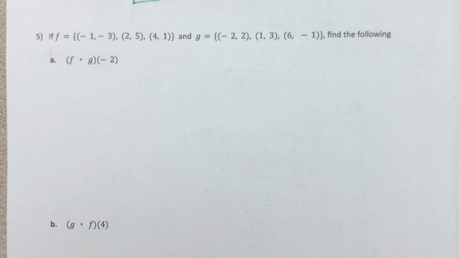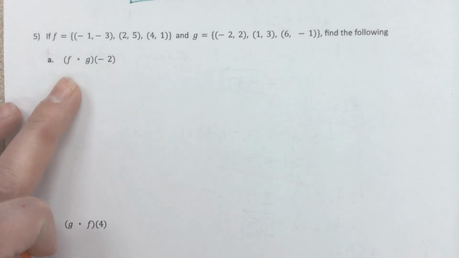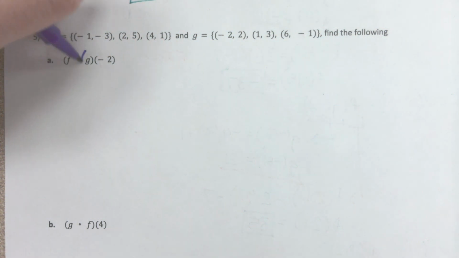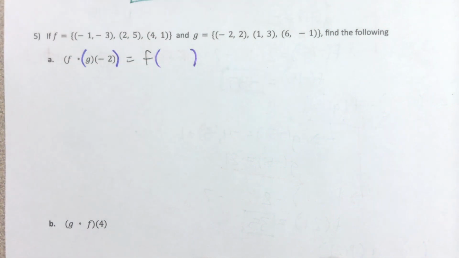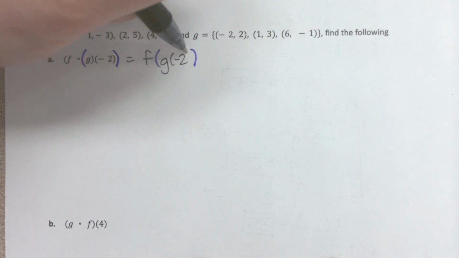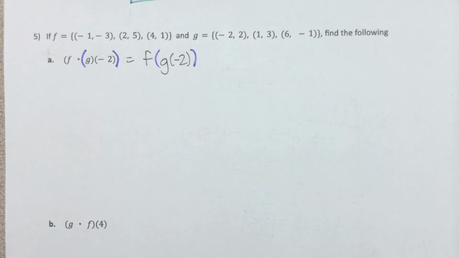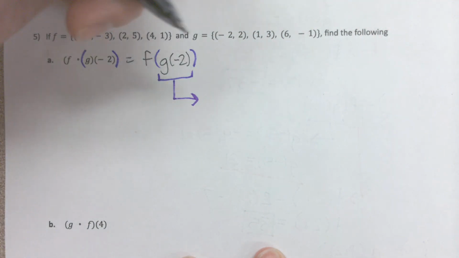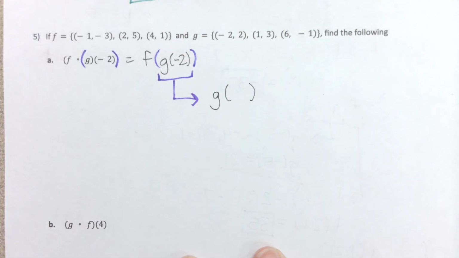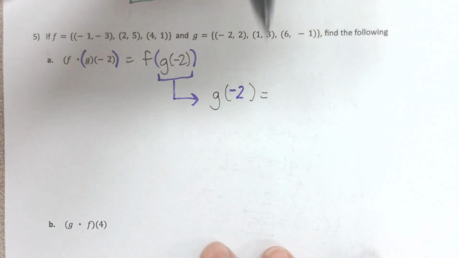So let's take a look at how we do it when we have sets of points. We have f of g of negative 2. G is closer to the number, so it's going to get paired with it. So that gives us f on the outside and g of negative 2 on the inside. Let's bring down g and work with it first. G of negative 2 equals,